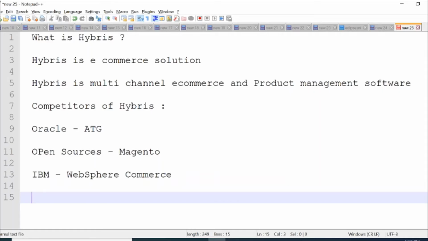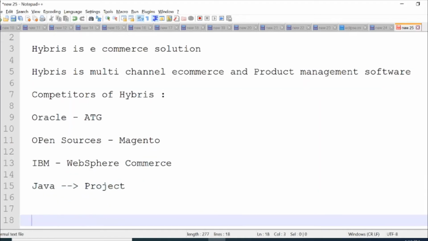Now there is one more concept, like you must have worked in Java, and in Java you must have created a project in your workspace. So in a similar way, in Hybris we create a project. In Hybris we create extensions, and in the extension we write code.